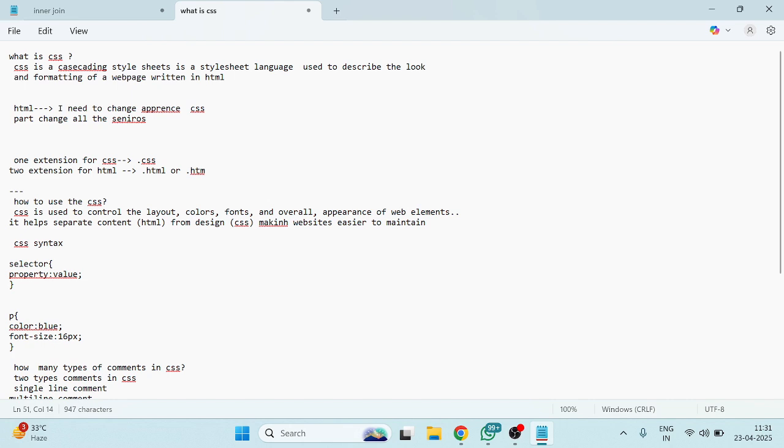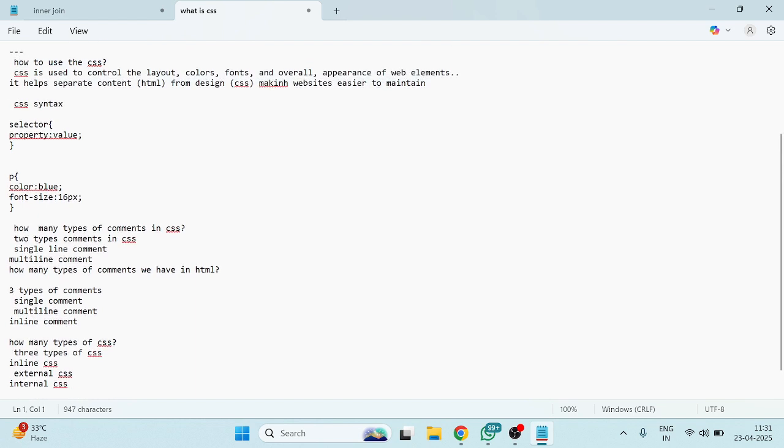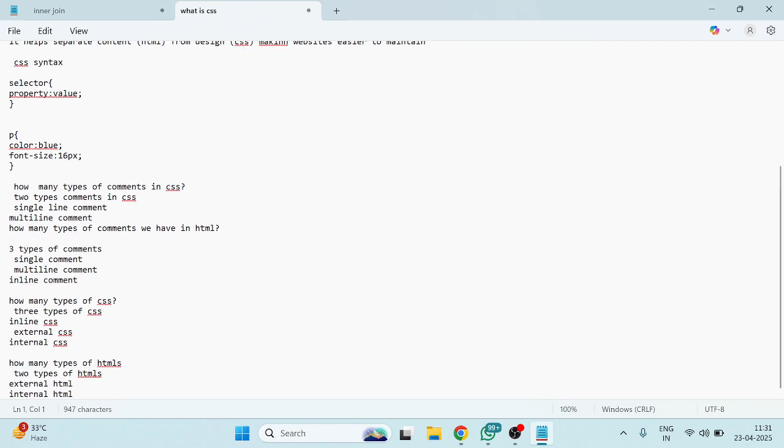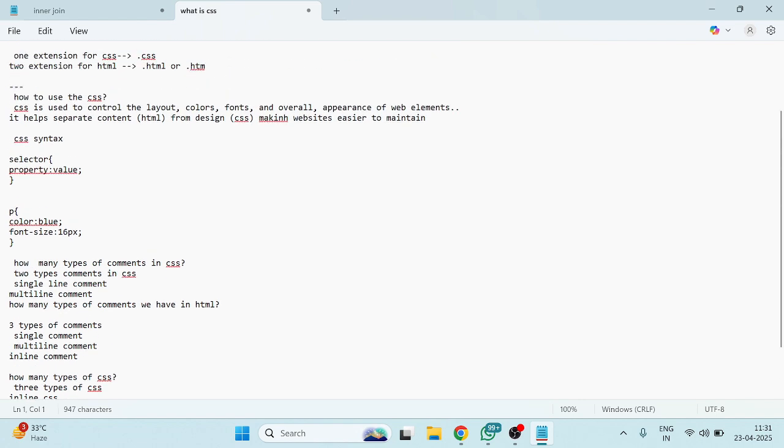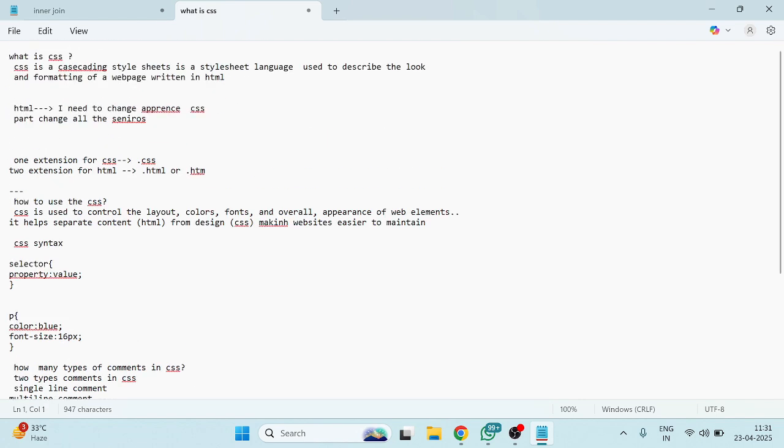Do you understand what I am telling you? What is CSS, how we use selectors, how many types of CSS and how many types of comments we have. So this is the scenario part. So I'm going to execute the